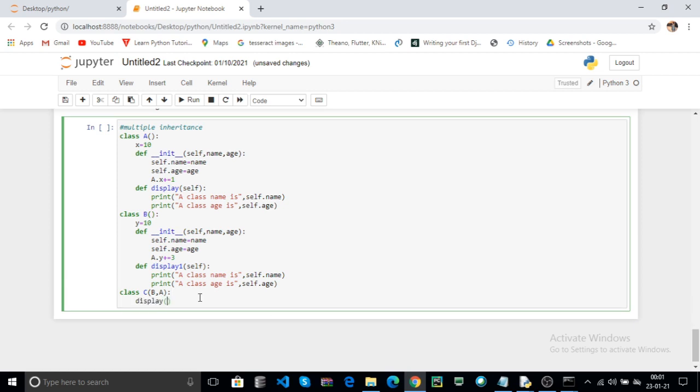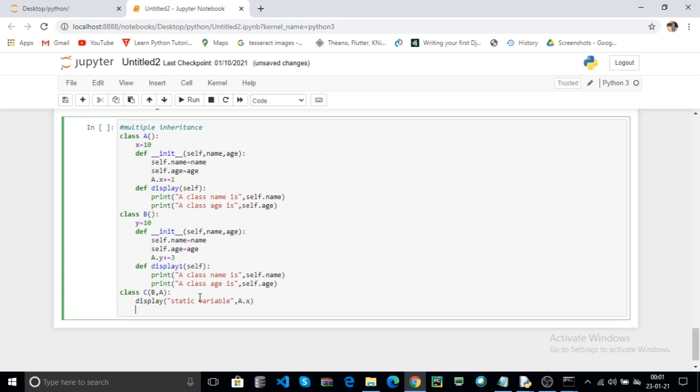I am directly using the display of. Here I am accessing the static variable. For example, here a dot x, print.